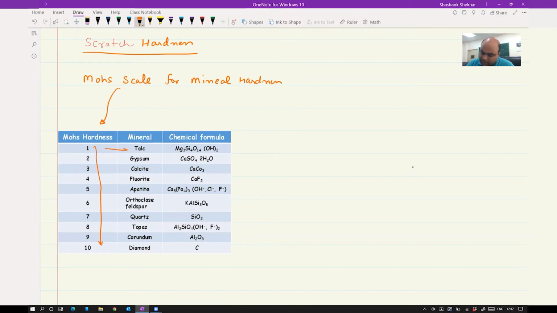So 1 corresponds to, say, talc, then 4 corresponds to fluorite, and then 10 corresponds to diamond. And we know diamond is the hardest one, right? So 10 belongs to diamond, and the softest in this list is talc, and I have also given you the chemical formula. Okay, so this table shows scratch hardness